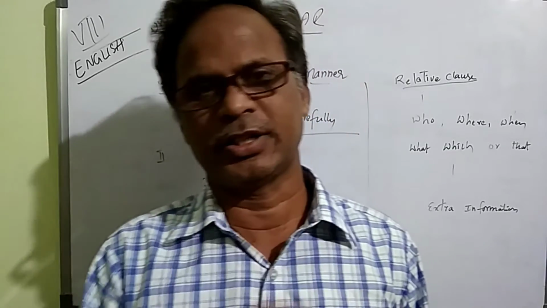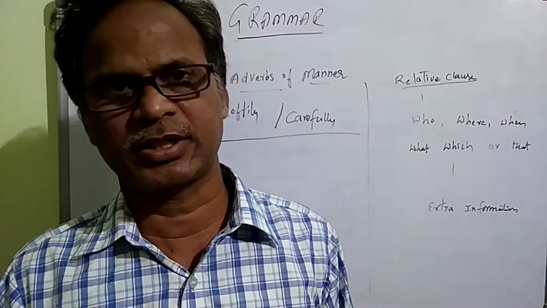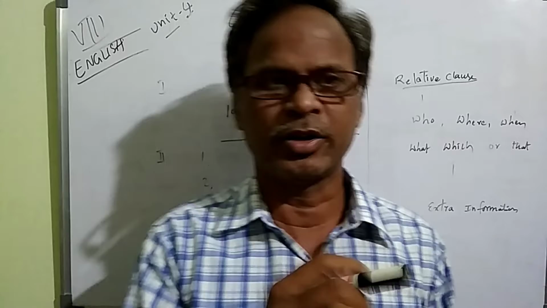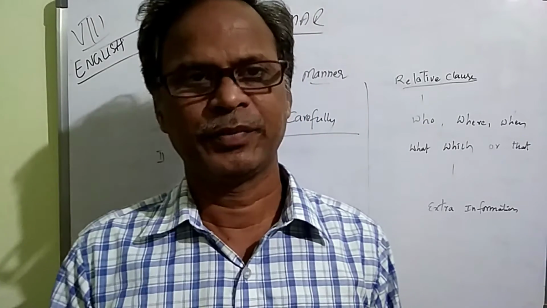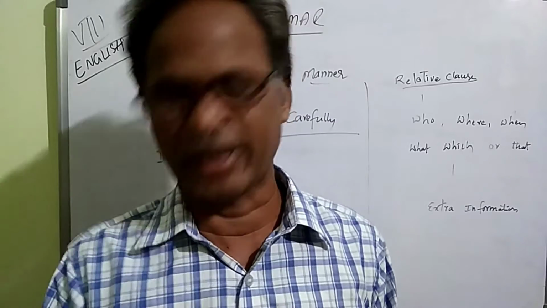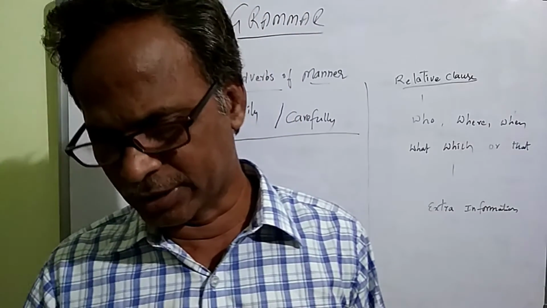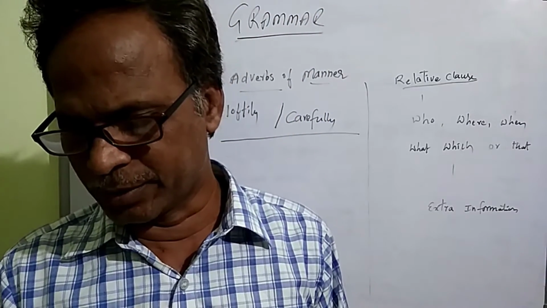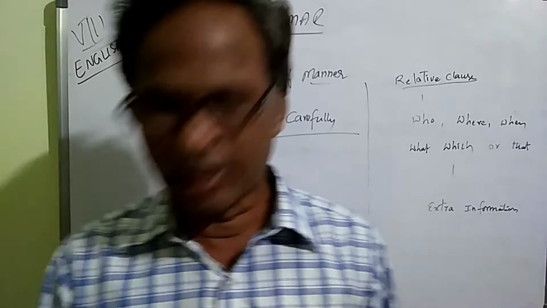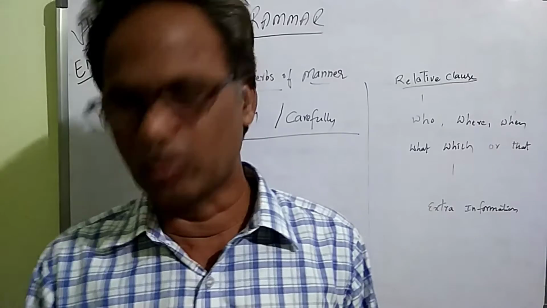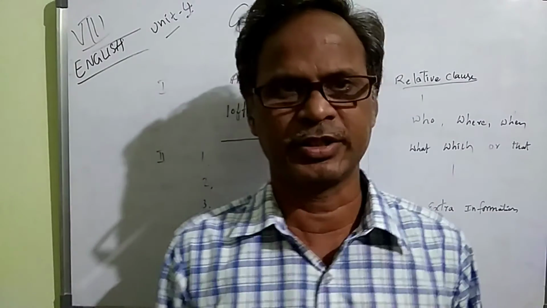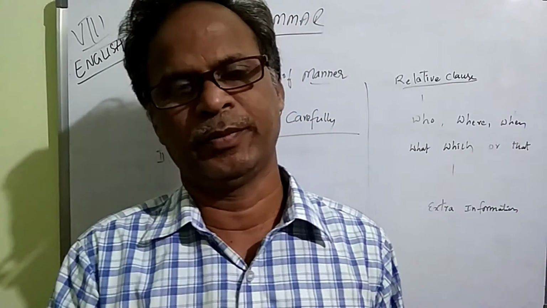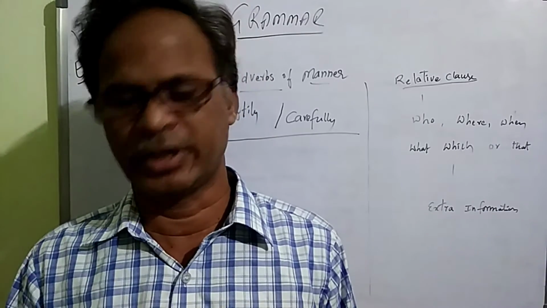So children, from the lesson there are many sentences, and at least 5 sentences from the story you can find. Those are used with adverbs of manner, and write them in the sentences. Those are given in the blank. In the first bit it is given to you: pick out some more verbs and the adverbs that go with them from the story or elsewhere. Use them in your own sentences. You can also use your own sentences using the words that are verbs or adverbs that came in the story. By taking those, you can write your own sentences.